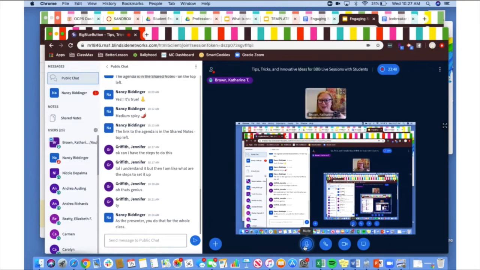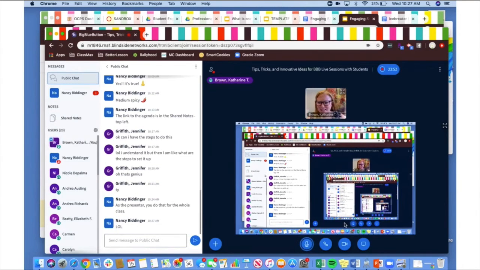So on my screen here, you can see down at the bottom where I have the ability to share out. I'm going to stop sharing. You won't be able to see it, but on the left-hand side, so over here, there will be